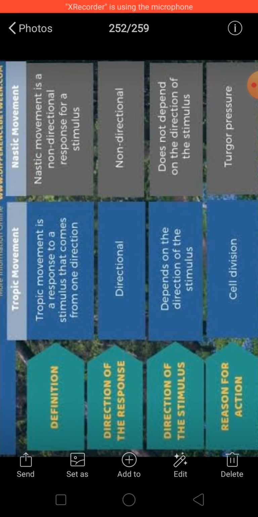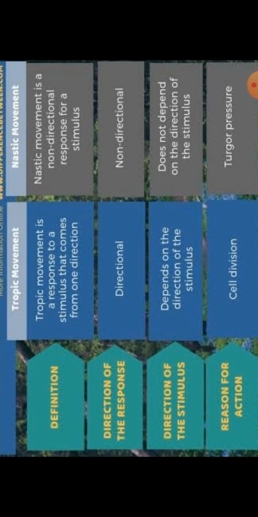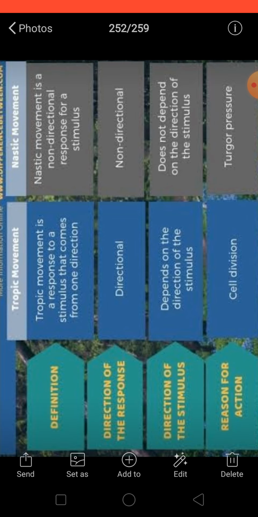They react to the stimulus, but it's not that they show response in the direction of the stimulus. A stimulus has to be there for the movement. Stimulus होना ज़रूरी होता है in order for the movement to occur, but the movement is not in the direction of the stimulus. For example, you have seen flower petals which open during the day and close during the night. That was the example of photonastic movement.